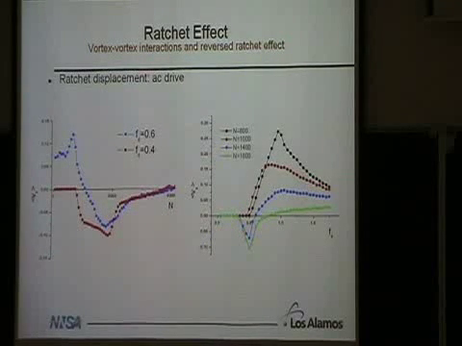So here's actually seeing the reversal. Here's the velocity as a function of the number of vortices. So here we start out with a positive velocity, and we reverse to negative velocity over a wide range, and it looks like we're just barely getting back to a positive velocity again, but this is 6,000 vortices. This is quite a lot.